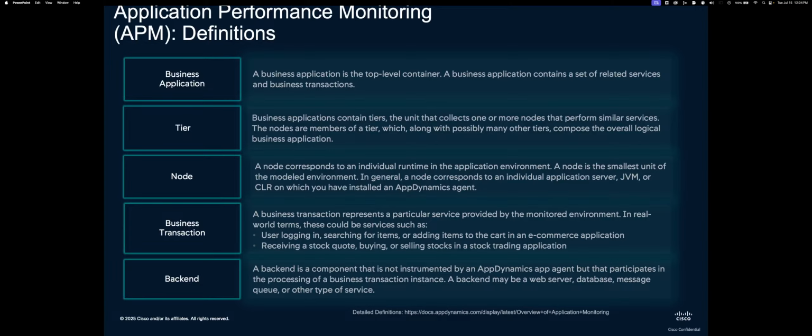or basically everything would roll up to this greater application. Say that you're a retail shop and you have an e-commerce website, and you have your store retail side of things, and then you have your digital e-commerce. So the application might be your digital e-commerce, and that would be the overall application. And then underneath that business application, you have tiers,